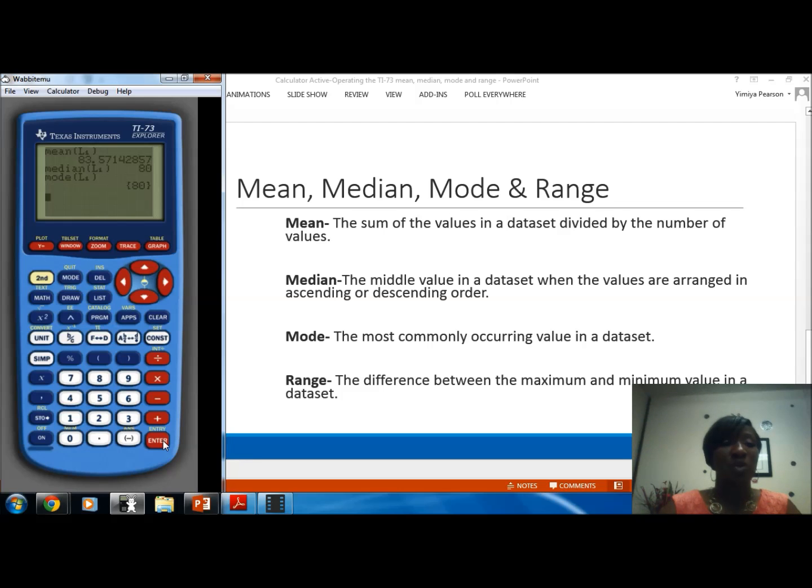What you will find is if there is more than one mode, you will have both of those in a set type there. And if there is no mode, then you will receive an error. So I will go back in the data set in a second and take out a number so you can see what happens there. All right. And so lastly, we know that the range is a difference between the maximum and minimum value in a data